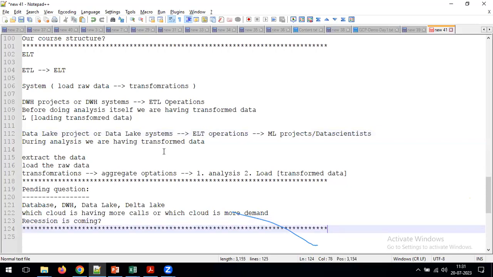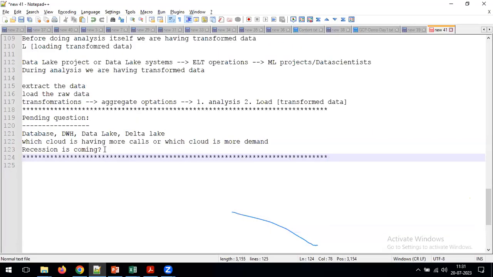Okay. Now, by seeing all these explanations that we have been discussing from the beginning, try to give the answer as an ETL developer, or as a data engineer, or as a cloud data engineer. What are our responsibilities? I will give my list from my side, but with your understanding of all this explanation, whatever you understood so far, what are the responsibilities of a data engineer or cloud data engineer?